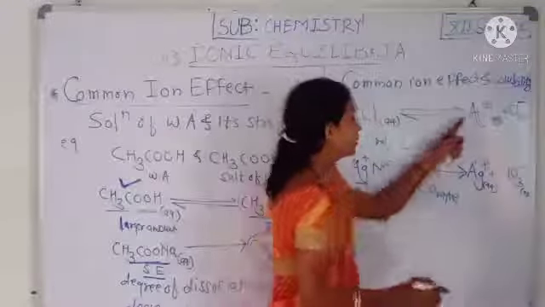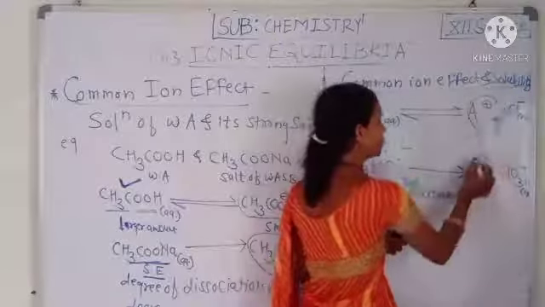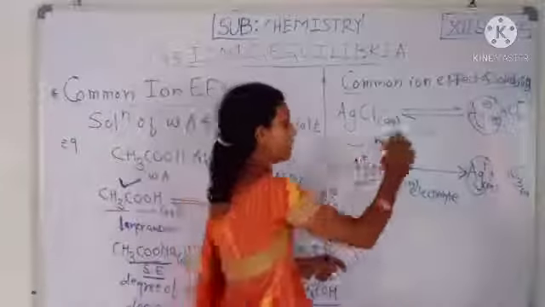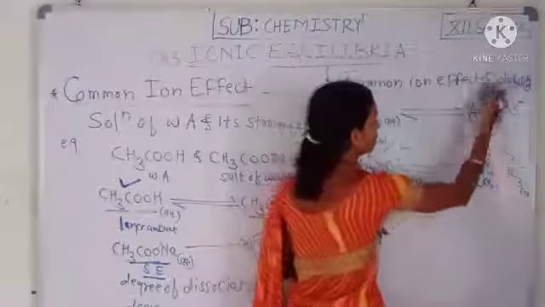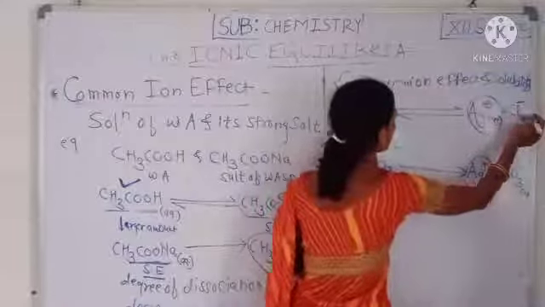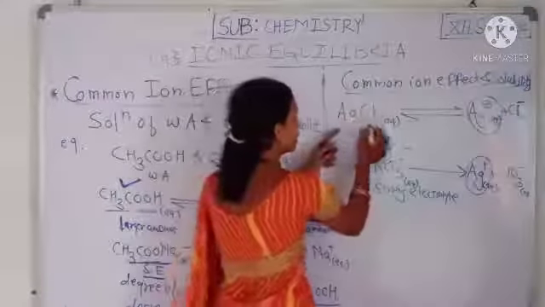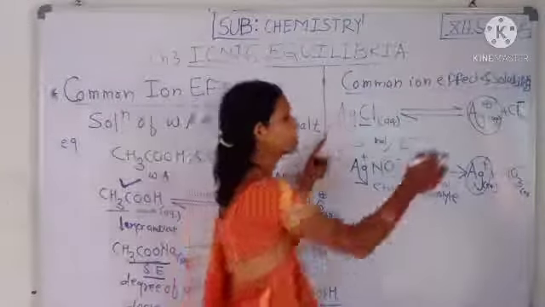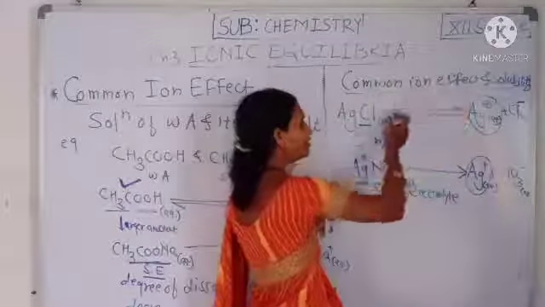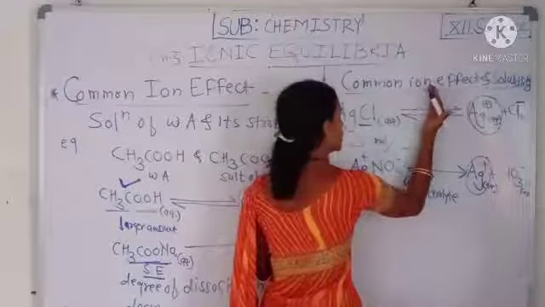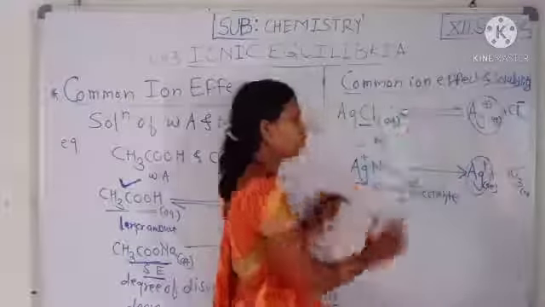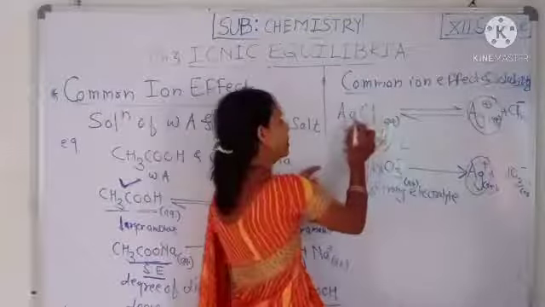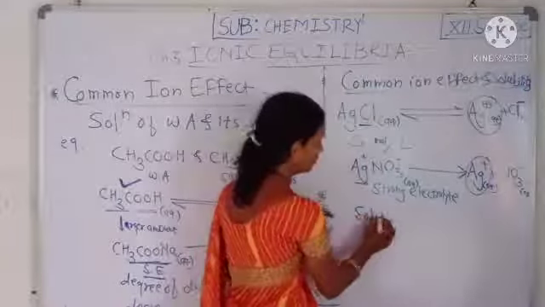The concentration of the common ion, Ag plus, increases, and therefore the excess Ag plus ion reacts with Cl minus ion to give unionized AgCl molecules. That means the reverse reaction gets started and the equilibrium is shifted towards the left according to Le Chatelier's principle, and here the solubility